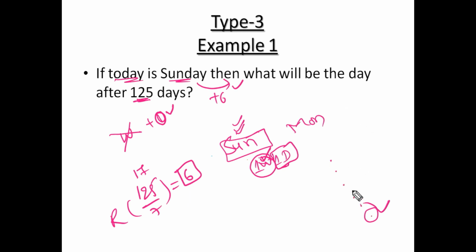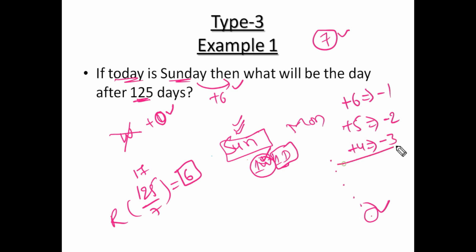Okay. So instead of doing this procedure, instead of doing plus 6, simply we can do minus 1 because it is a 7-day cycle. 1 week is nothing but 7 days. Instead of going forward 6 days, simply we can move 1 day backward also. Instead of doing plus 5, we can do minus 2. Instead of doing plus 4, we can do minus 3. Instead of doing minus 4, yes, we can do plus 3. Instead of doing minus 5, plus 2. Instead of doing minus 6 days, it is better to do plus 1 day.